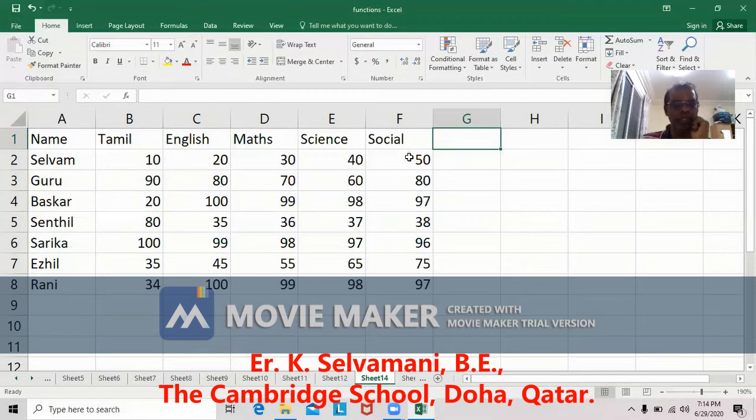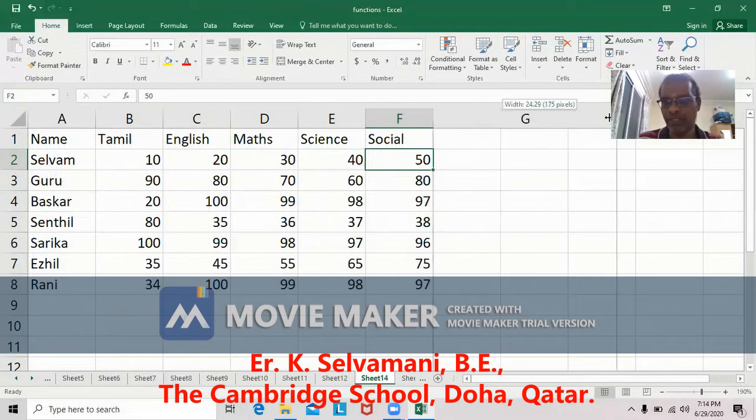In other words, instead of Tamil, we can put B2, since the Tamil mark is available in B2. If either B2 is less than 35 or C2 is less than 35 or D2 is less than 35 or E2 is less than 35 or F2 is less than 35, that boy is considered to have failed.